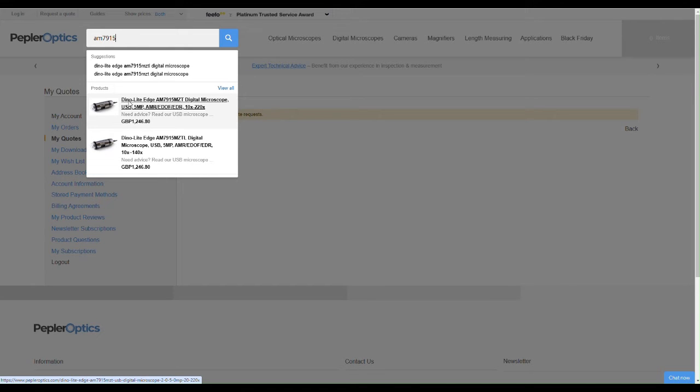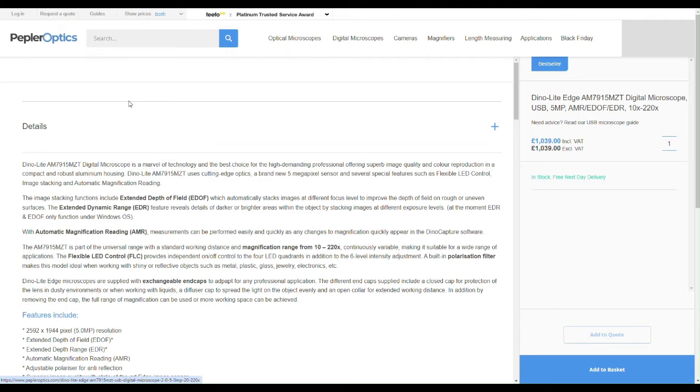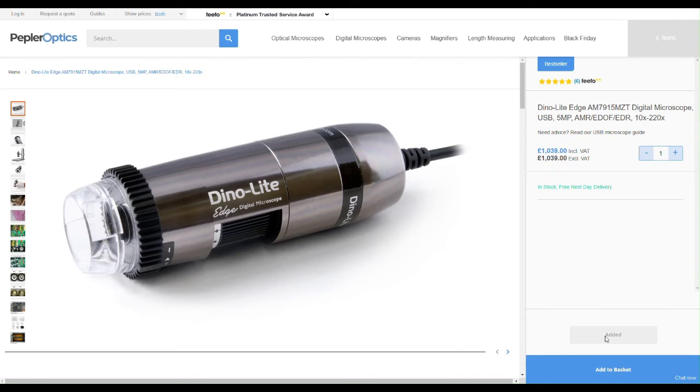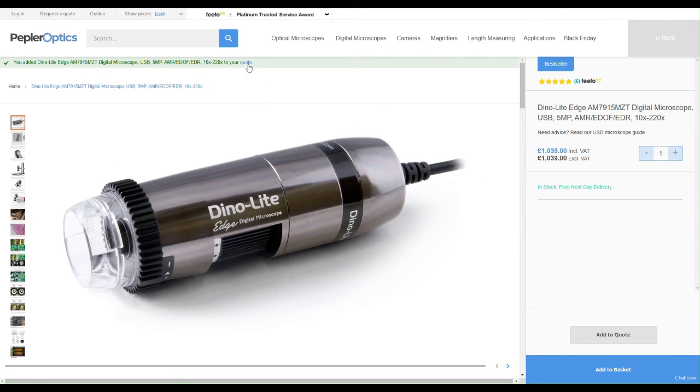In this case, we're selecting a Dynalite. And at the bottom, just above the Add to Basket, you'll see a button, Add to Quote. Click on that, and you get this little pop-up. Click on the blue button, Quote,